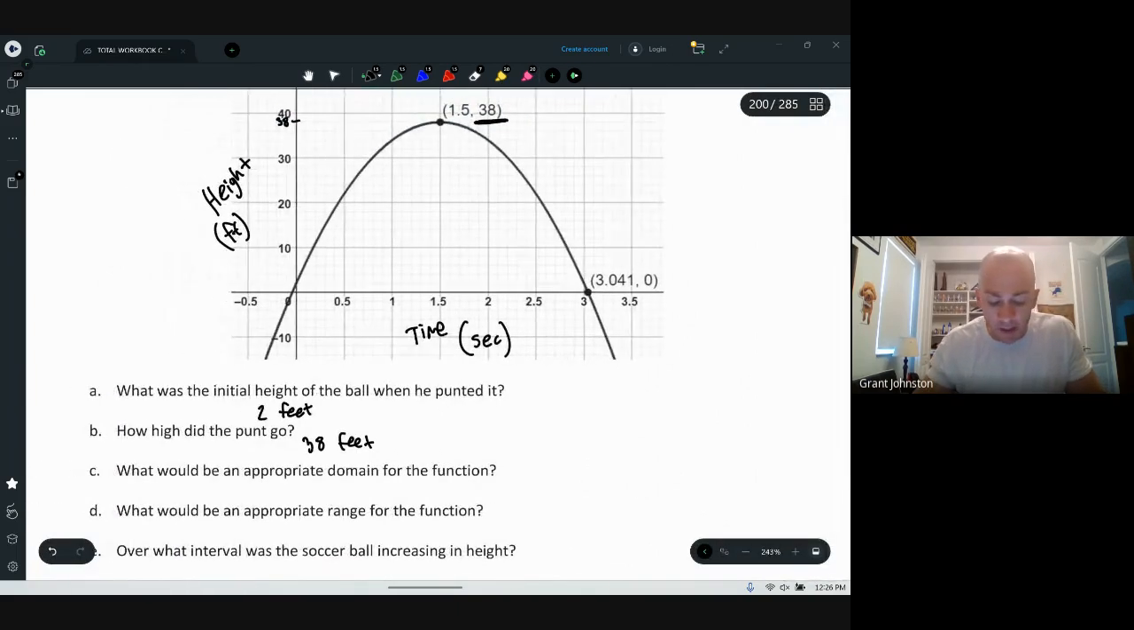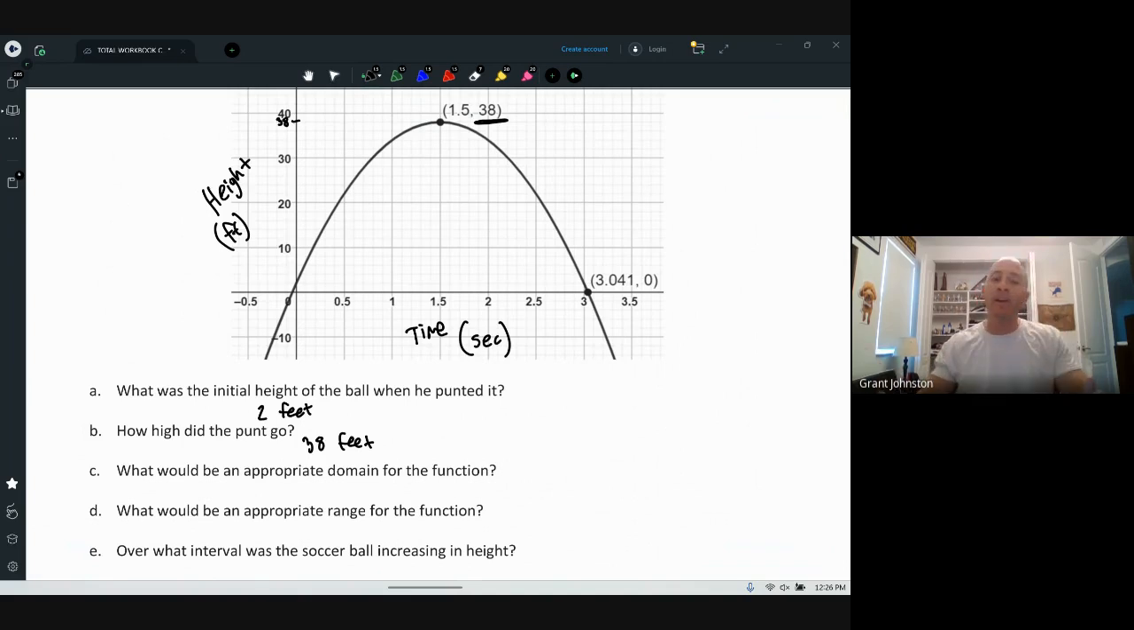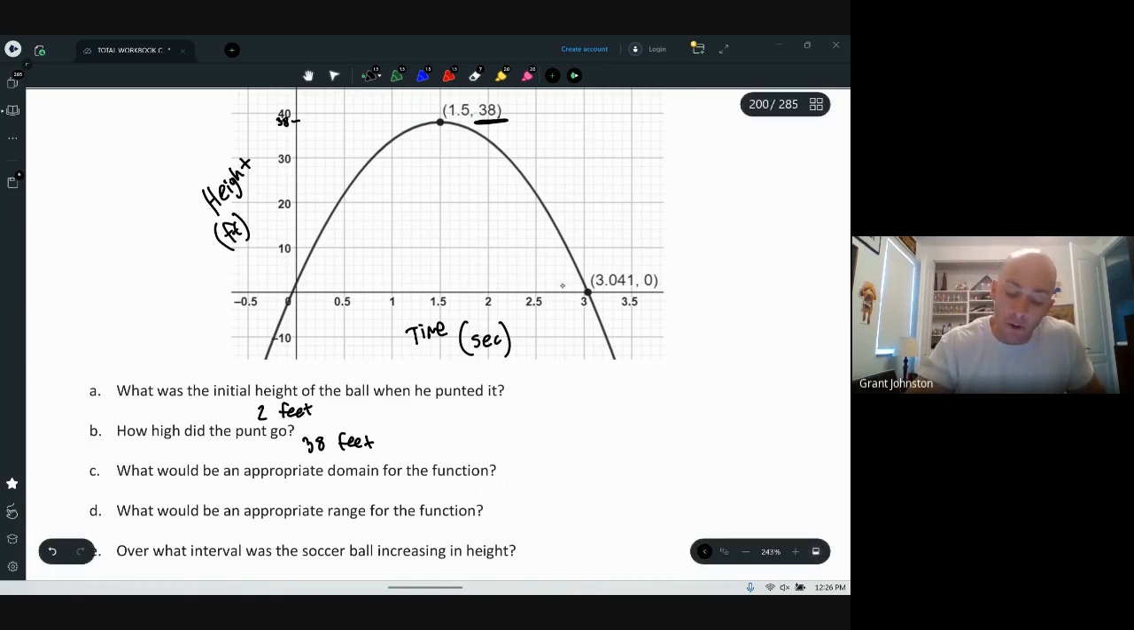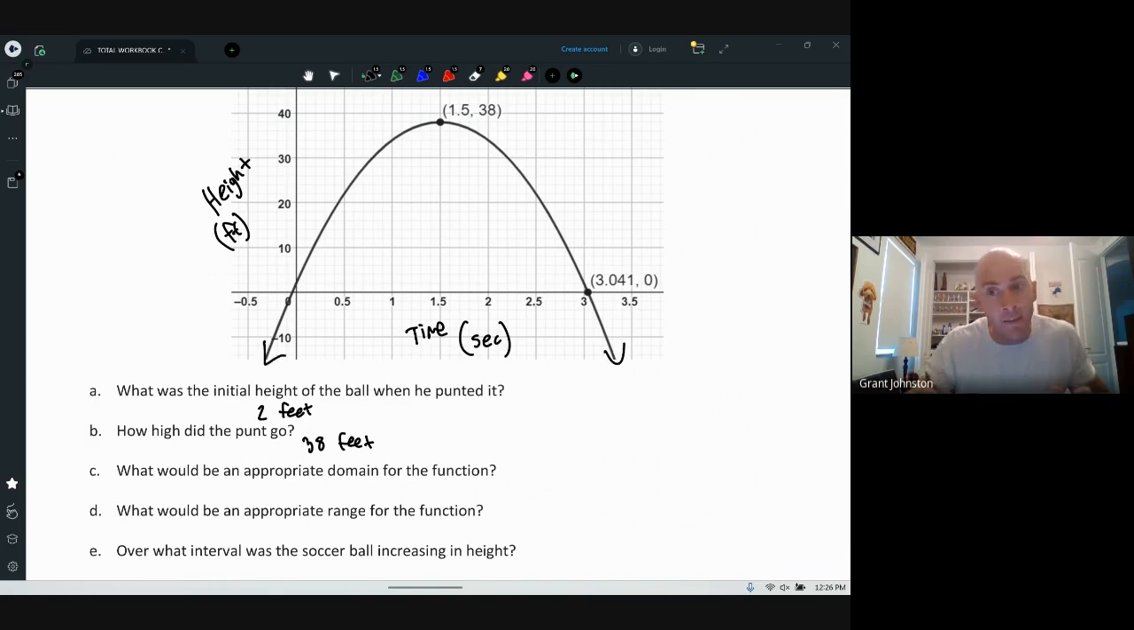Now it says, what would be the appropriate domain? So domain is X, and this is where you really have to interpret it. You might say, okay, it's all real numbers. You might think, oh, it's all real numbers. It's going to keep going this way and keep going this way. And I get that, but this is an application problem. You would never have